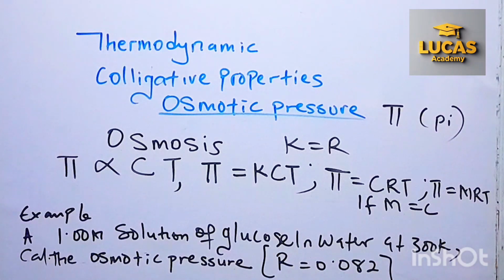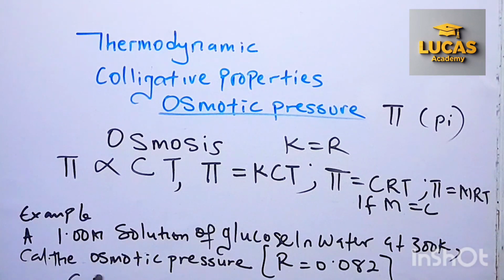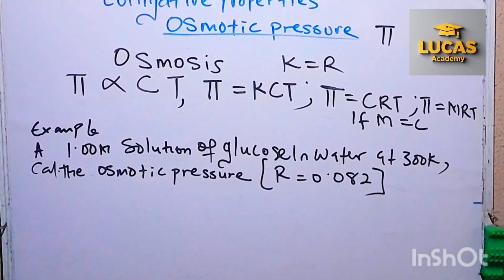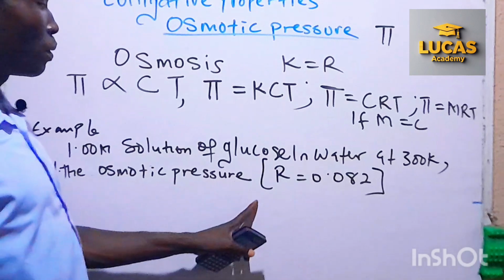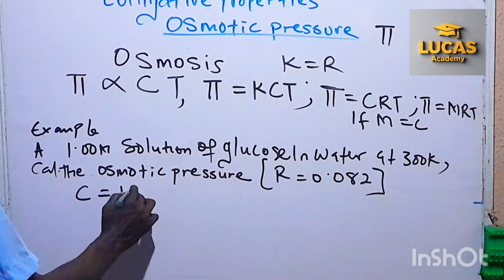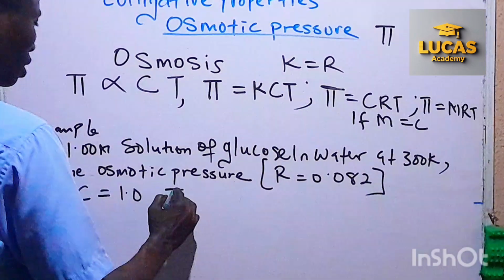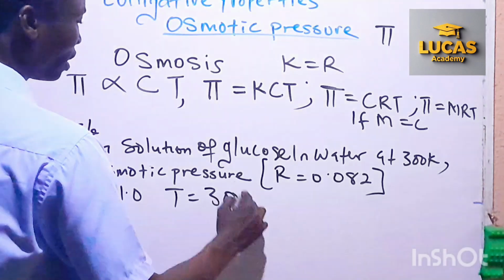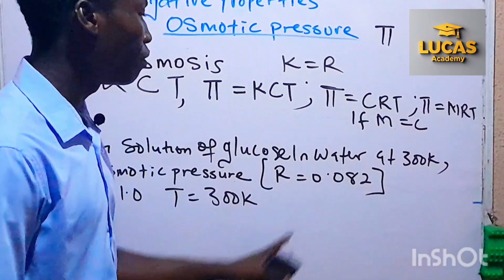The question says you should calculate the osmotic pressure where the concentration, C, is given to be 1.0, and you're given that the temperature is 300 Kelvin. Now, you are given the value of R in this place. The value of R here is